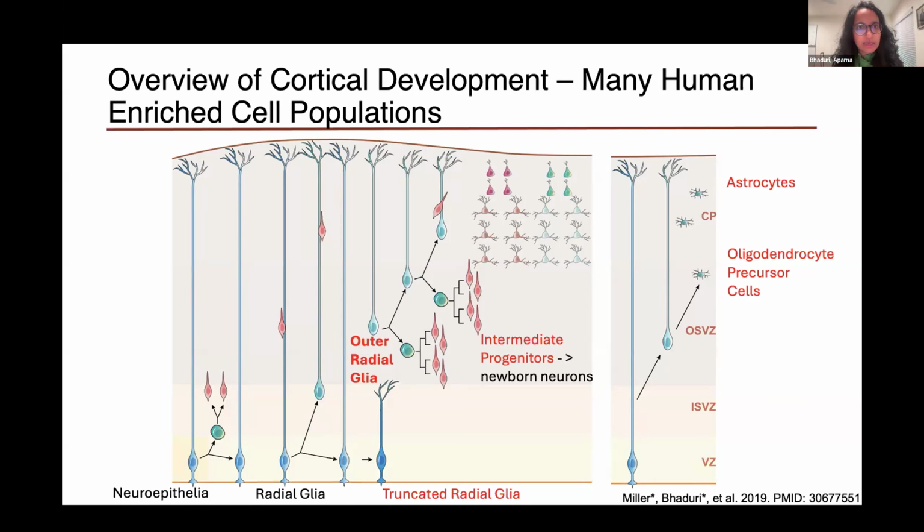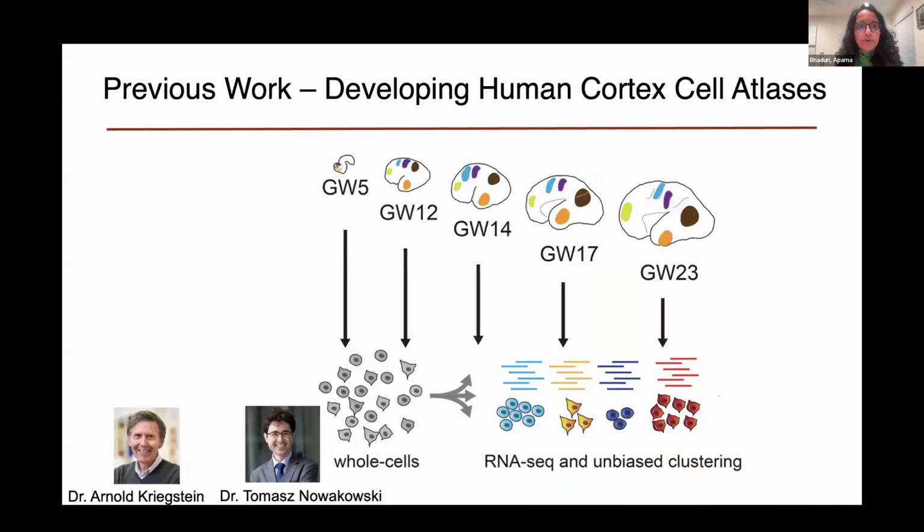Meaning that if we really want to think about the processes of human development and how they generate vulnerability to human neurological disorders, we also need to study human cells. In previous work that I performed in collaboration with Dr. Arnold Kriegstein and Dr. Tom Nowakowski during my postdoc at UCSF, we were really interested in starting to generate some of these developing human cortex cell atlases by taking samples from before the second trimester and performing anatomical dissections followed